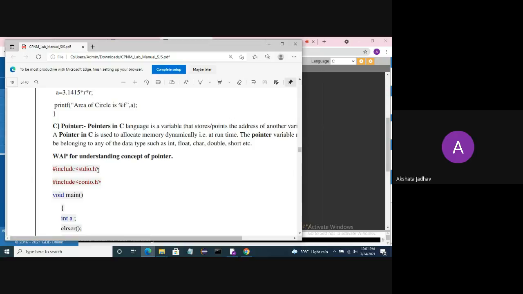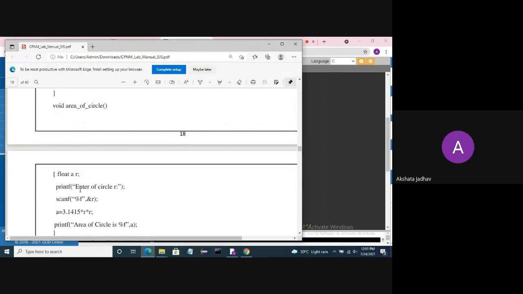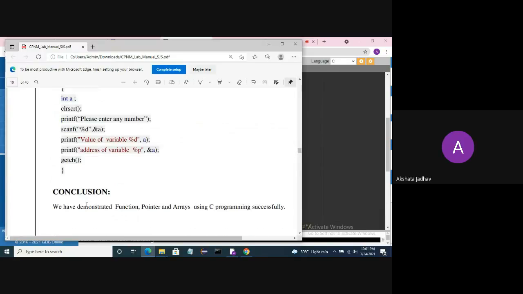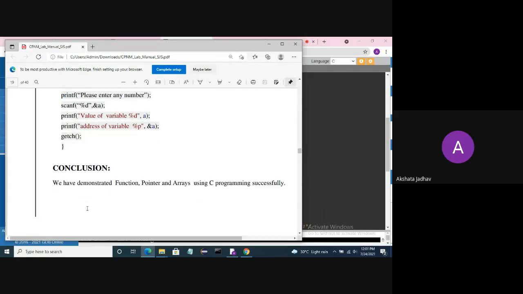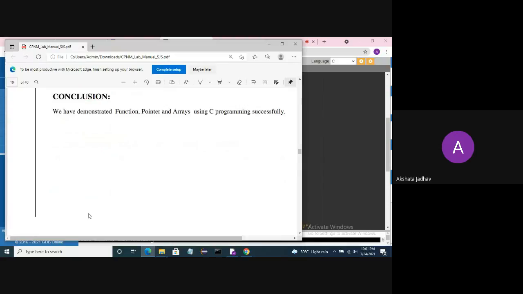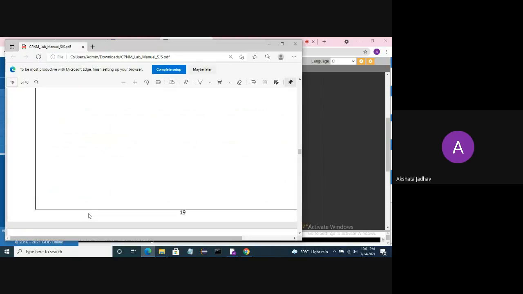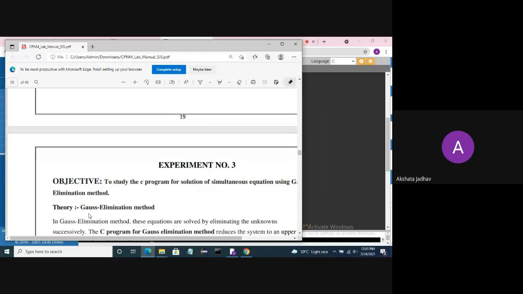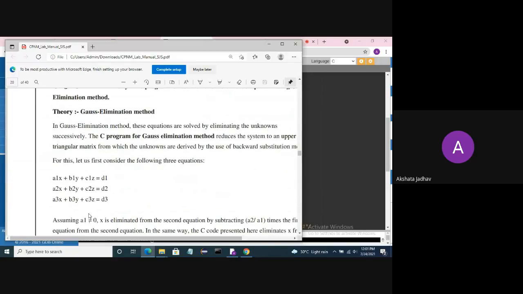If you are having any problem with the Gauss elimination method, tell me. Yes? No, ma'am. Okay. Only Snehal replied to me. One more student also reply to the question. Sanket, Swapnil.